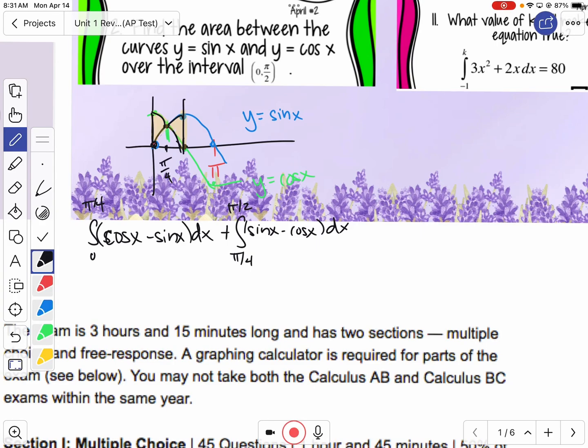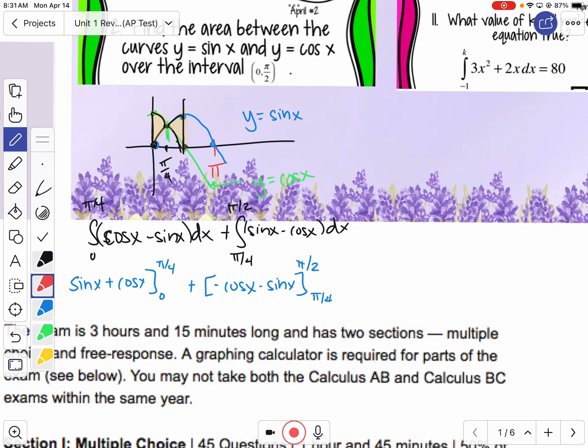So the nice thing is the antiderivatives aren't terrible. Let's see, sine plus cosine, and we're going to go from 0 to pi over 4, plus the next one would be negative cosine minus sine, pi over 4 and pi over 2, right? So if we do our evaluation,